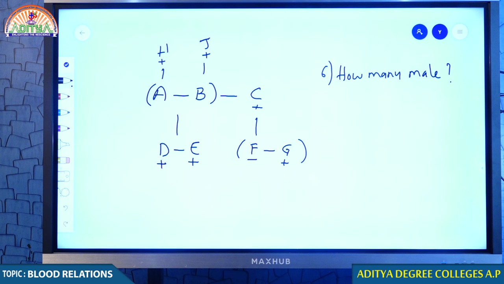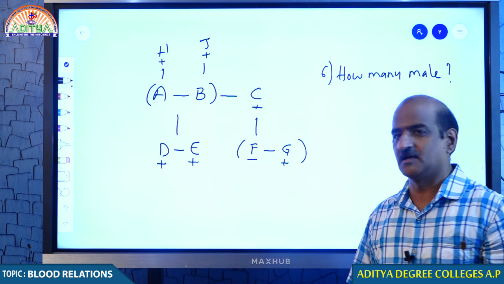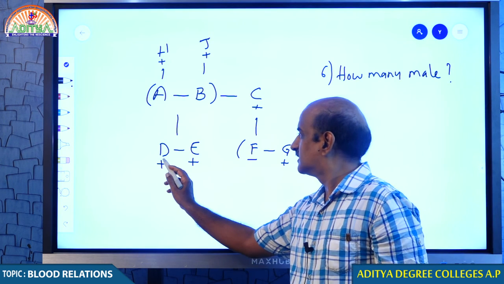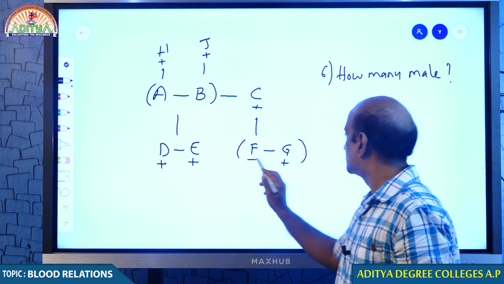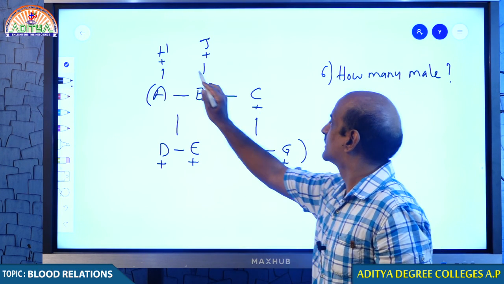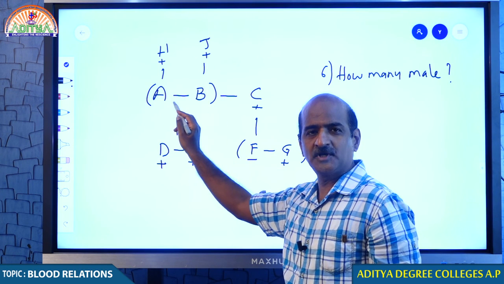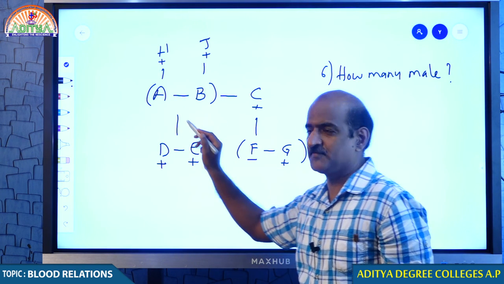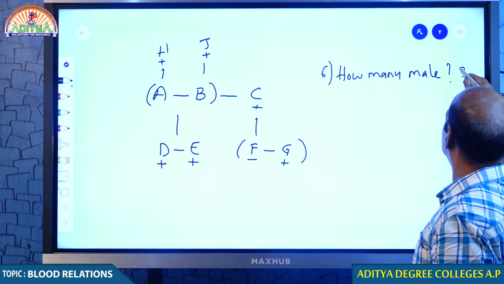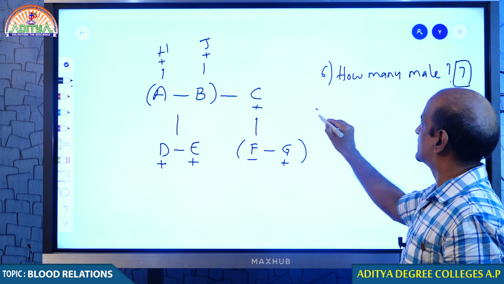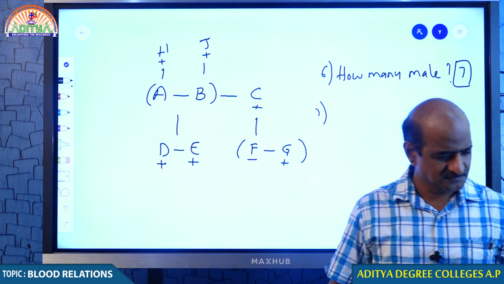Right. Very good. Please comment only when I ask you to do so. Well done. Just take it out. D, 1, 2, 3, 4, 5, 6, and there must be one male between A and B for sure. Therefore, your answer must be 7. Well done, students. Now, question number 7.